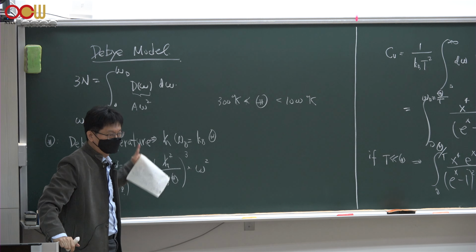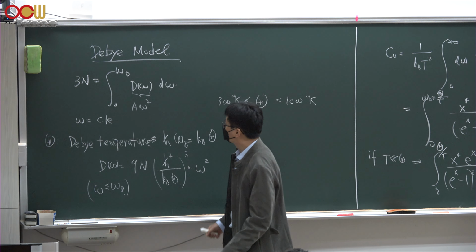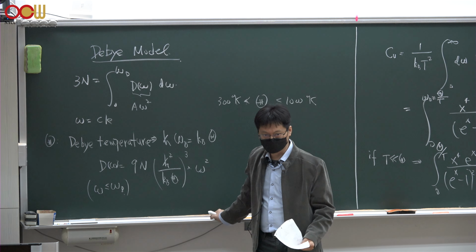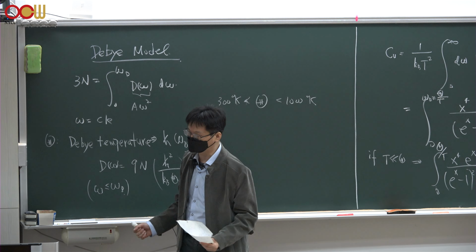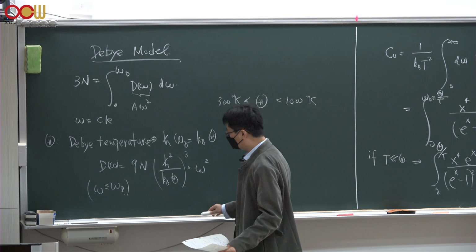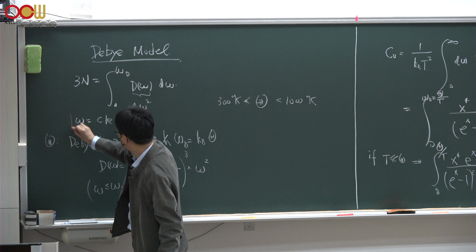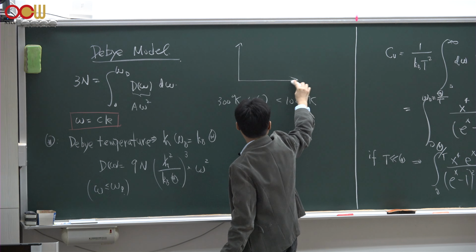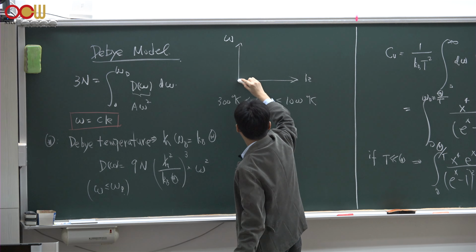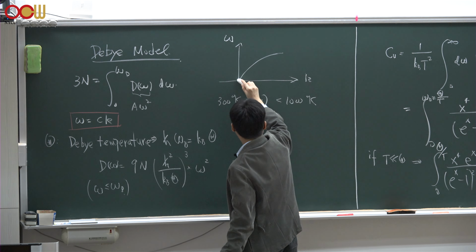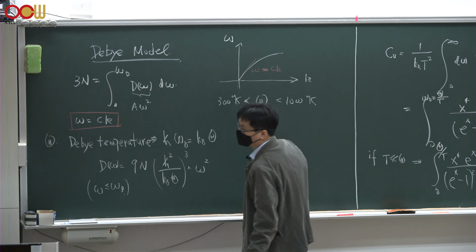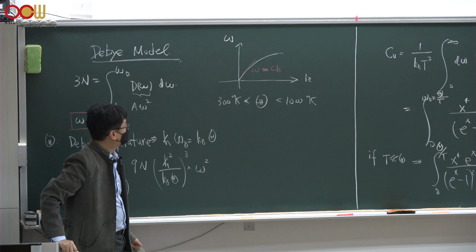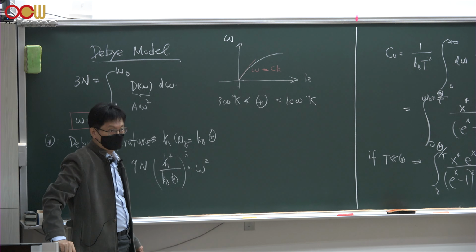So last time we introduced the Debye model, which is a reasonable approximation to account for the phonon dispersion and density of states. The underlying assumption is that the acoustic phonon branch dominates at low momentum transfer. This linear dispersion of phonons at low energy and low momentum transfer is the starting point of